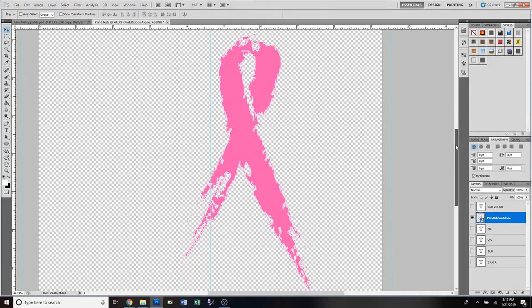Okay, so there's a couple of ways you can do this, but for this particular image, since it's just a solid image, we're just going to use the paintbrush. So the first thing we're going to do though is go to this eyedropper tool. We're going to left click on it, and as you noticed, my little white bar now changed pink. Okay, so now we're going to go to the brush tool. We're just going to click on it,